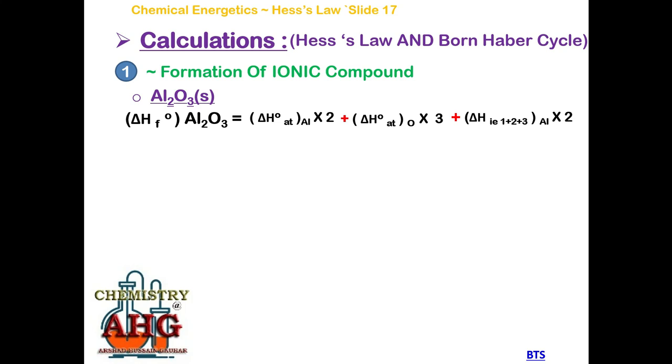Now after aluminum we will ionize oxygen. One oxygen can gain 2 electrons. So which enthalpy change can we write down? We can write down first and second electron affinity of oxygen, and it must be multiplied by 3 because there are 3 mole of oxygen atoms. And the last step involves the formation of ionic lattice, and the enthalpy change is lattice enthalpy. Now students, you can see we have derived this formula